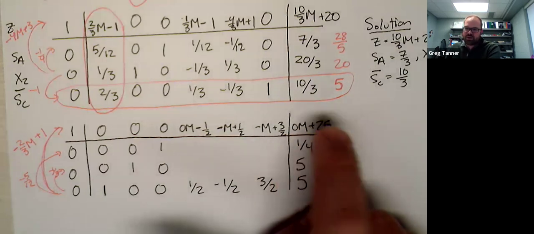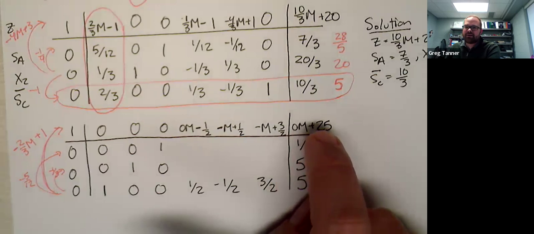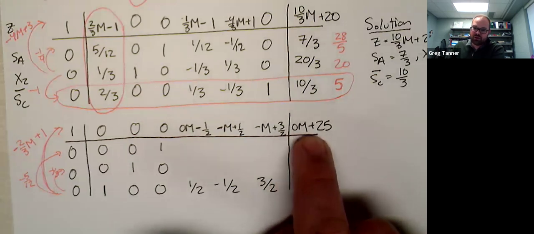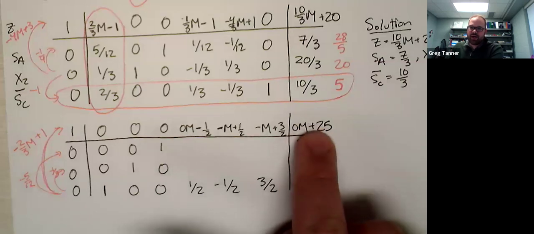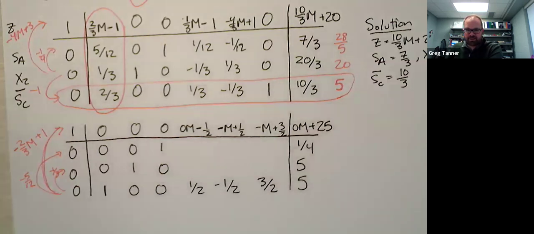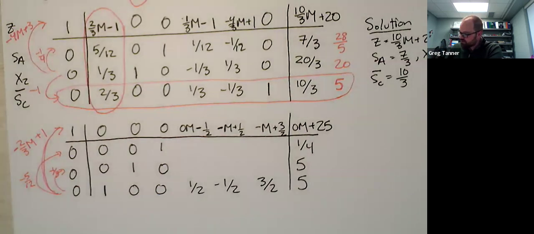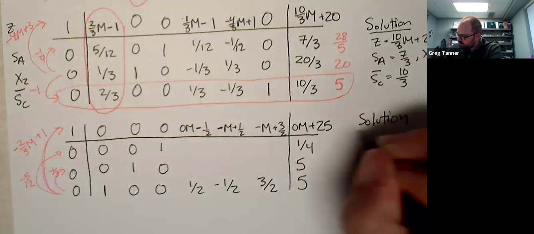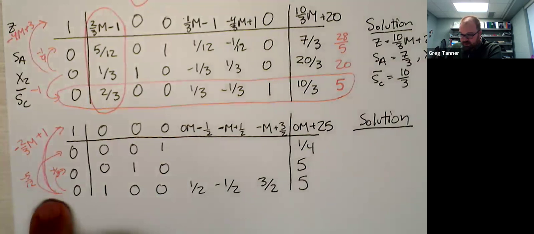And this is key. You know that you're at a solution that's feasible in the original problem when there's no longer any penalty M's in the objective value on the right-hand side. Okay, you know that you've gotten to something that is feasible in the original one because you've gotten rid of all the penalty. So our new solution here, and this is going to be our optimal solution, is that this